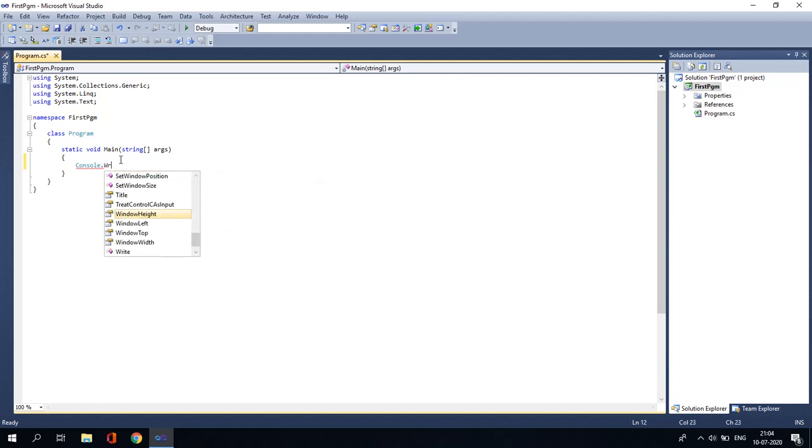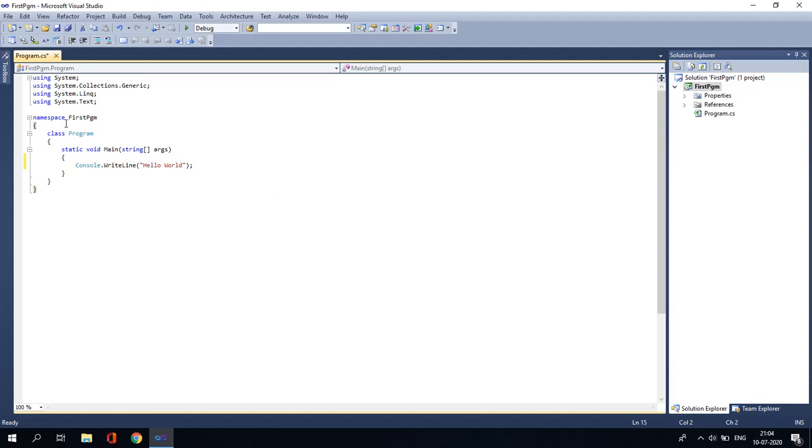So console dot WriteLine, as I am writing, it is showing me the indications for what things I can be writing in front of it. In these double quotes I will be writing hello world. That's it. This is my first simple program of .NET C# where I am trying to print hello world on the screen.